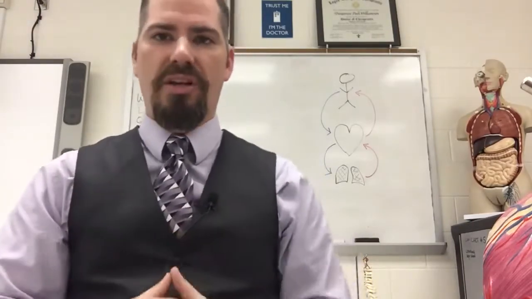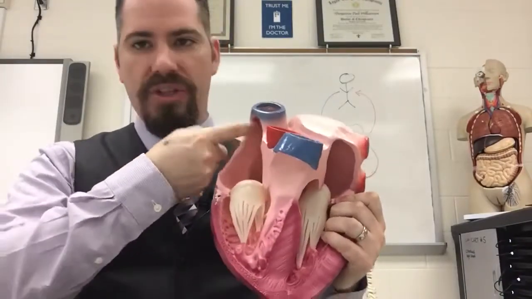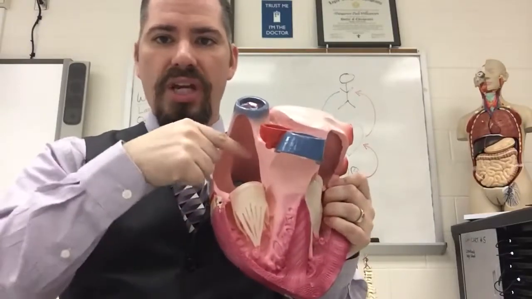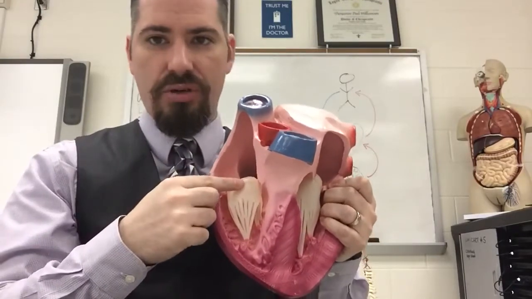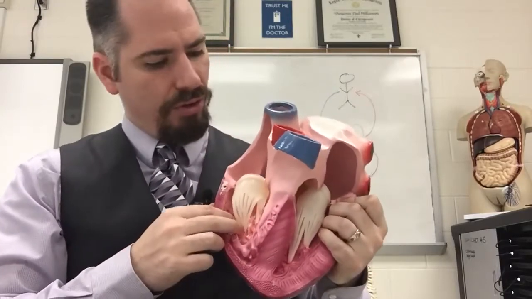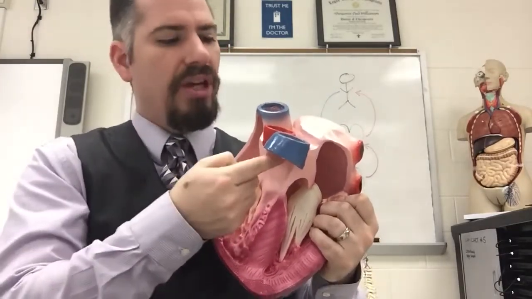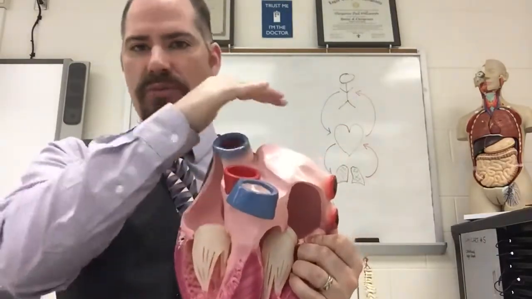So let's talk specifically about how this happens. Blood is drained into the right atrium from the superior vena cava and the inferior vena cava. So all the blood drains through these great huge veins into the right atrium. From the right atrium, we pass through the right AV valve, also known as the tricuspid valve, into the right ventricle. From the right ventricle, we are pushed up and pumped through the pulmonary valve into the pulmonary trunk,